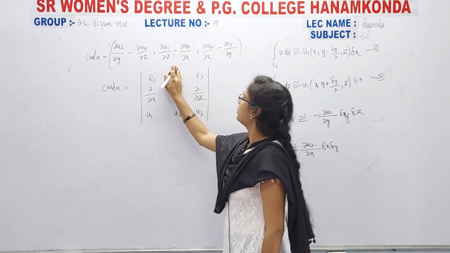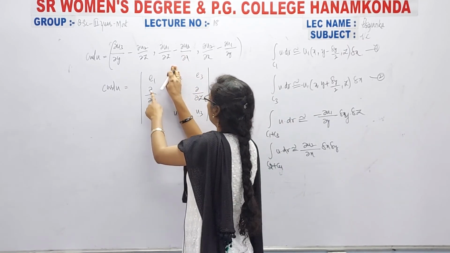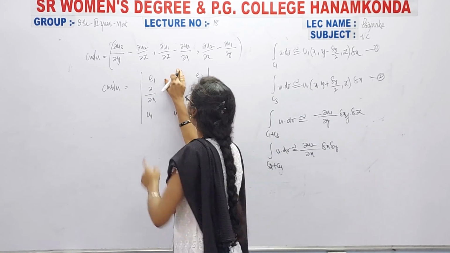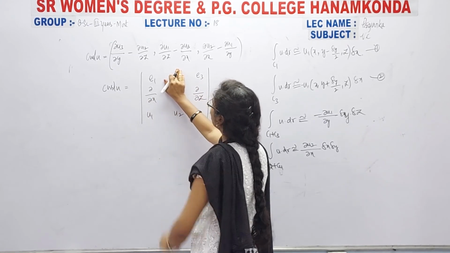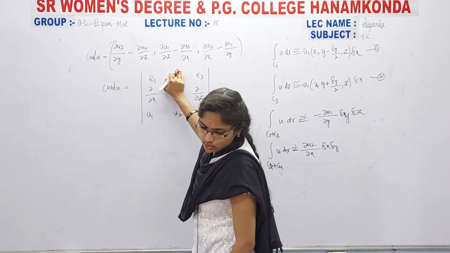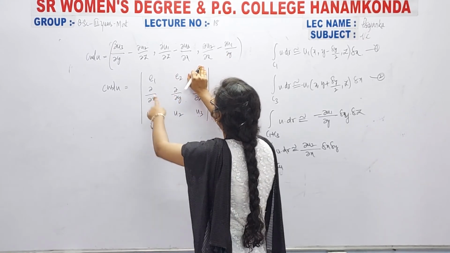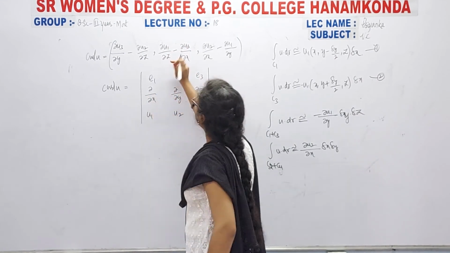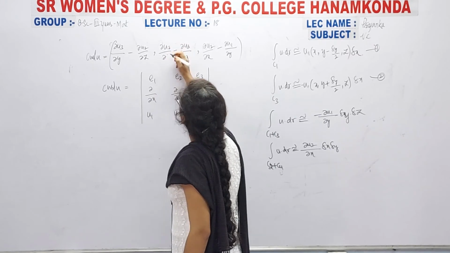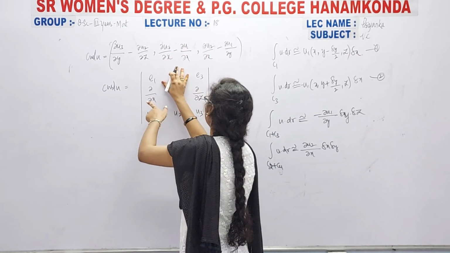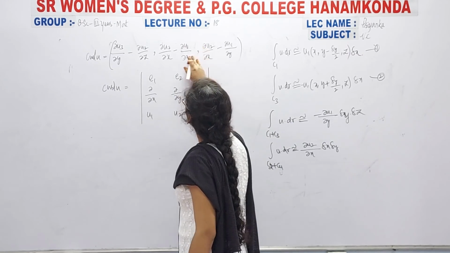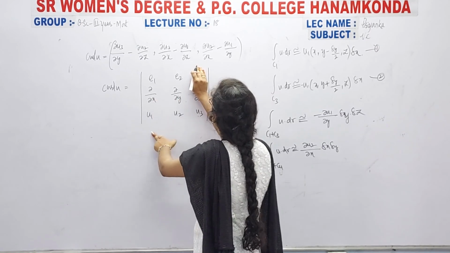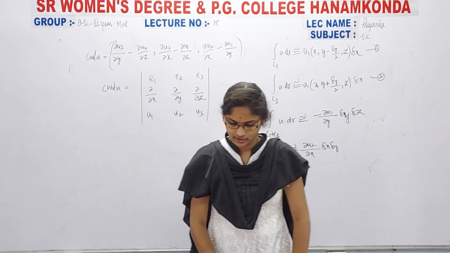Next one, close this term, and this one also, so then what we get is dou u3 by dou x, right, sorry, AD minus BC, so here we get dou u3 by dou x minus dou u1 by dou z. Okay, next here similarly for this one, dou u2 by dou x, and here it is reversed, see clearly, dou u3 by dou x. Next dou u1 by dou z. Next one, last one, dou u2 by dou x, dou u1 by dou y. Okay, so this is nothing but the definition of the curl u.